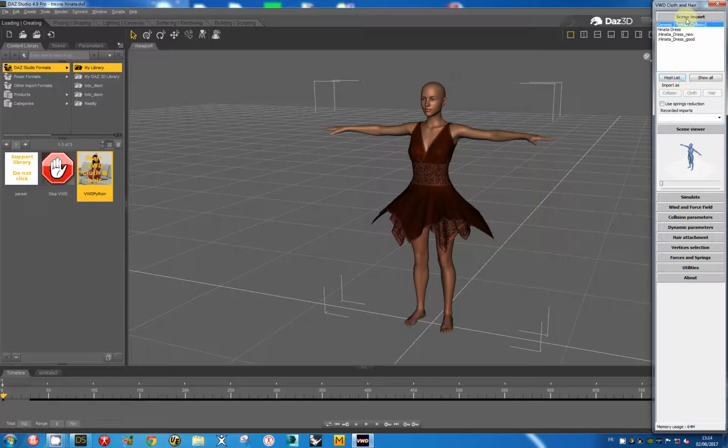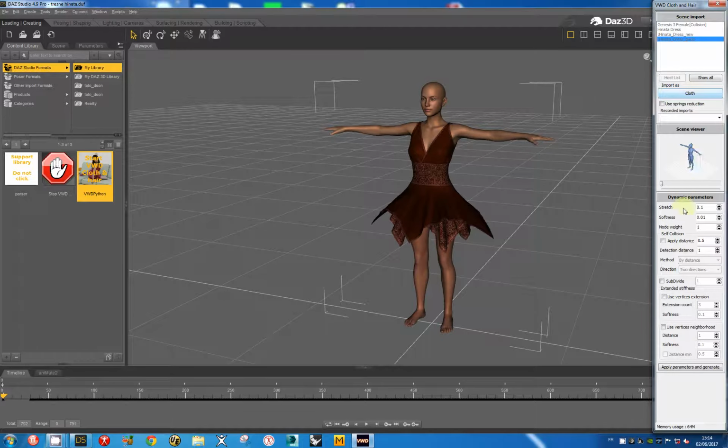And I can import init address good as cloth using the default parameters, but I can apply a self-collision, because all the parts which will act in the self-collision are not close.